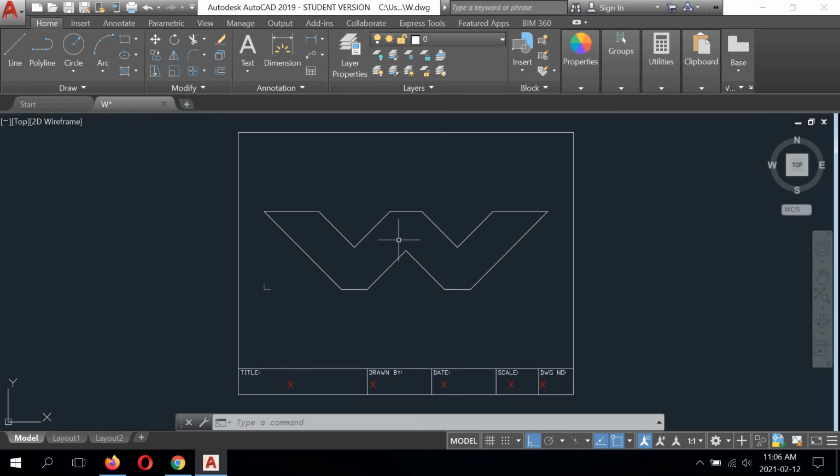So the next lesson we'll look at the dimensioning of the W. But until that time, I'd like you to take some time today and try drawing the W for yourself at your own computer,